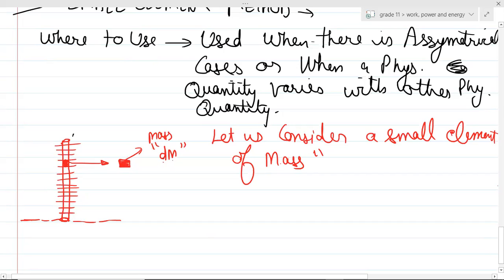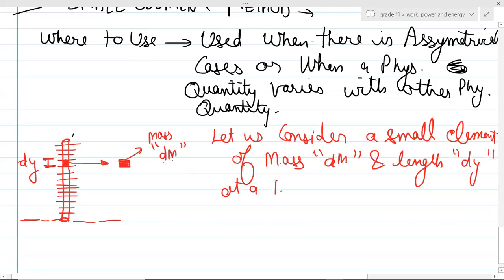D means small, if you remember from differentiation and integration. It is the differential mass, or small mass. So the mass of this is dm, and let's say the length of this element is dl. Or instead of naming it dl, let's name the length dy, because it is along the y-axis. So the length is dy